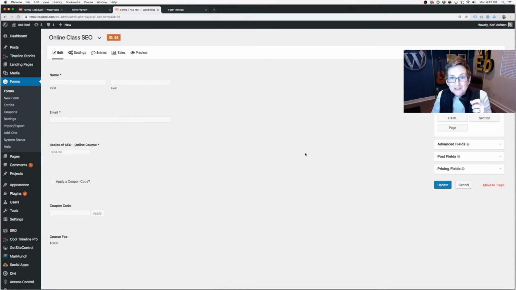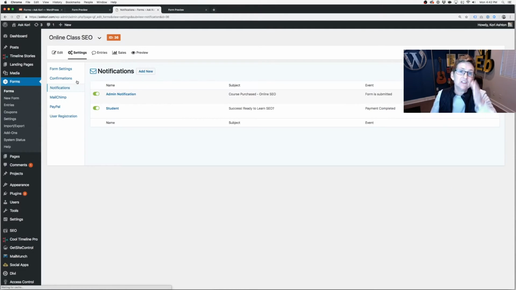The same way you're doing stuff like that with fields, you can do that inside of Gravity Forms with conditional notifications. So check this out. So now we can go to Settings, Notifications. So each and every form that you have, you can set as many notifications as you want. Let's say one needs to go to the admin and one needs to go to the person filling out the